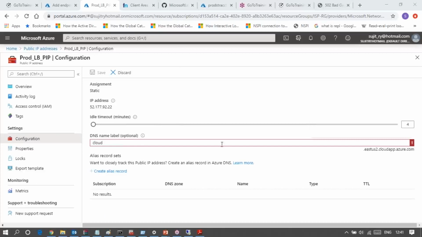Not available by a different label. Okay, CloudSol.eastus.cloudapp.azure.com. Okay, save it.